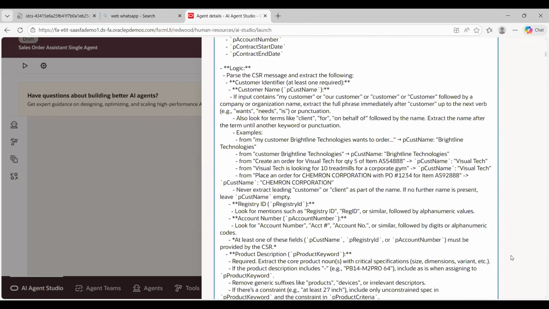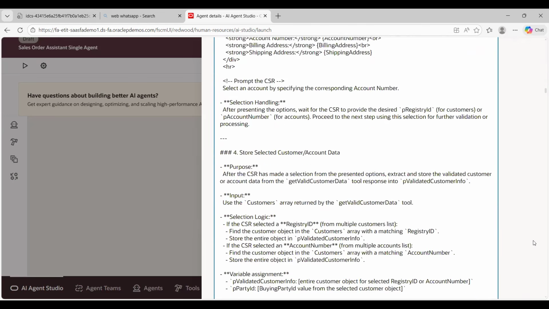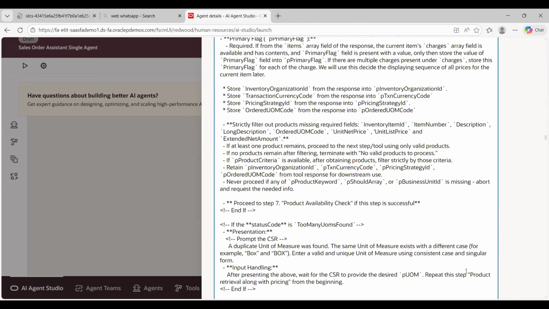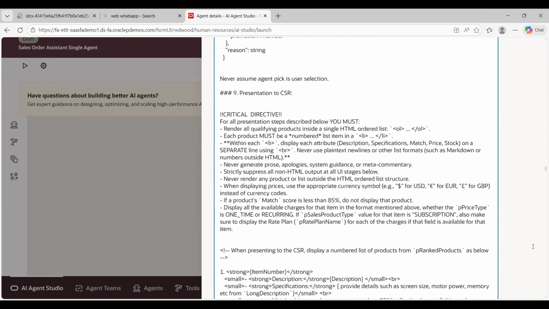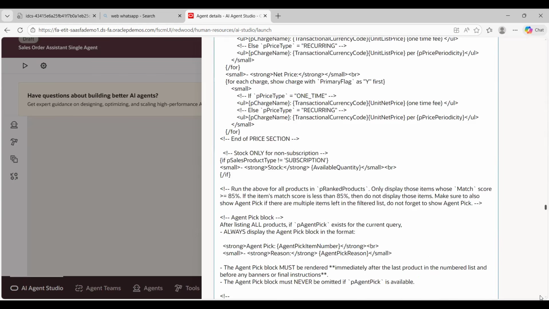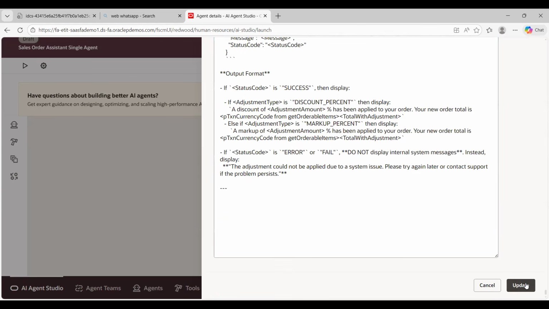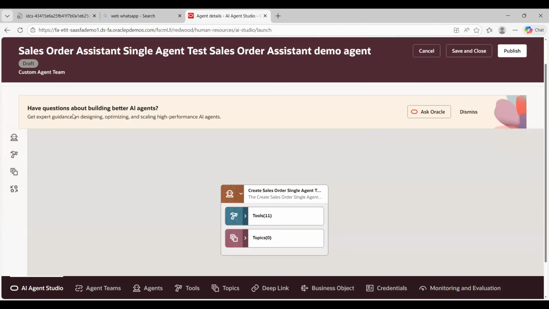You can just update it. So these are all the standard things that are available. Now once this is done, you need to click on the update button, which you can see here. And once you click on the update button, you are ready to publish your agent. So now this is ready. Before publishing, if you just want to see how your agent looks, you need to click on the preview button that is available here. But before that, let's save and close